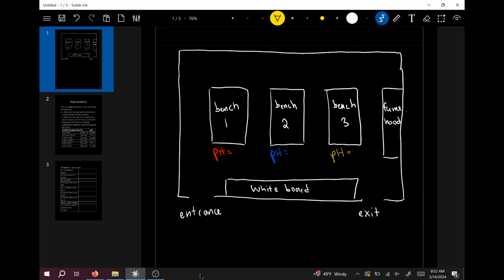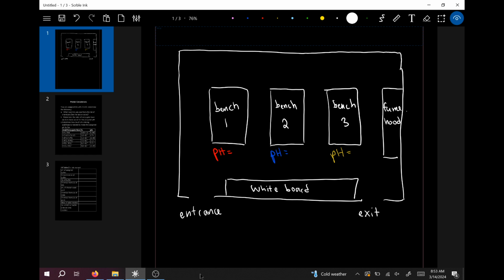So here on the screen, you'll notice that I have a mock diagram of our laboratory where we have, let me grab my laser pointer here, the entrance to the lab. This is where everybody enters into the laboratory. That's going to be NAS 319. We have the exit on the other side. This is where the whiteboard is. I didn't draw both fume hoods because I know we technically have another. Actually, do we have two fume hoods in that room? No, we only have one fume hood. I'm thinking about the organic labs. Apologies. So yeah, we have the fume hood on the opposite end, and then of course we'd have windows and